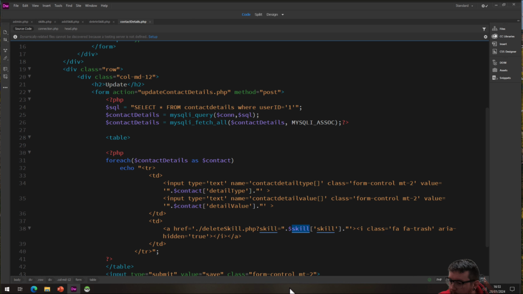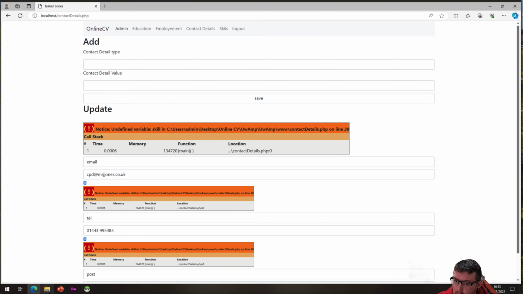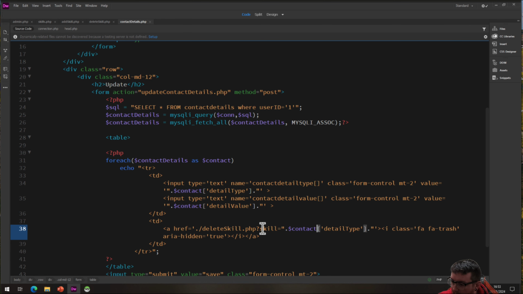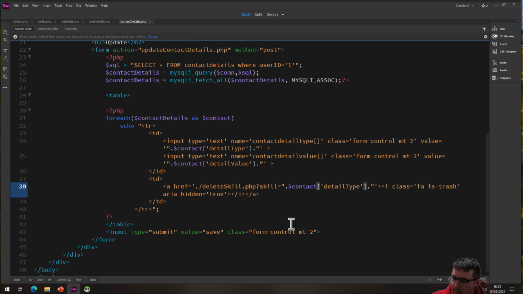Skill, that's why. So I want to delete the detail type. So as you can see there, they are paired together, and we have one delete button. They're paired together, one delete button. In my form, it isn't a form. Catch myself there. We're not using forms for this one. We're using our delete in here contact